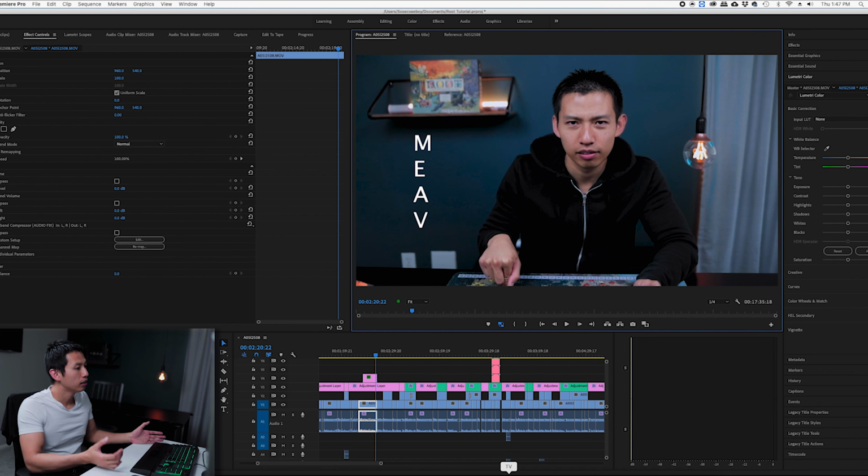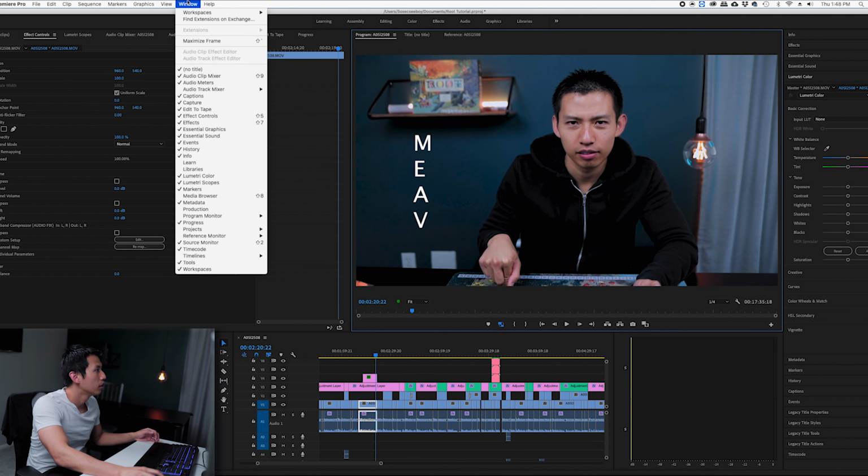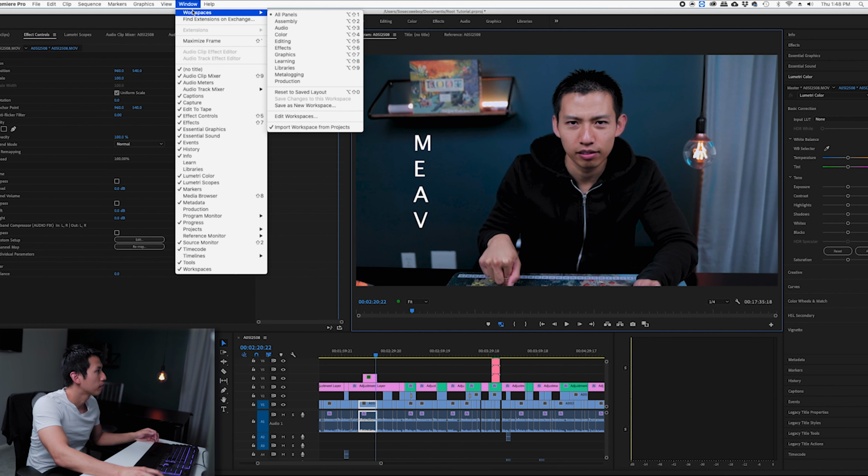Okay, now in Premiere, you want to be able to visualize everything that you're working with. Just like how chefs have everything they need at the kitchen table before they start cooking, you want to do the same exact thing here when you are editing. So in order to do that, you want to go to Window, Workspaces, and then click on All Panels. This lets you see